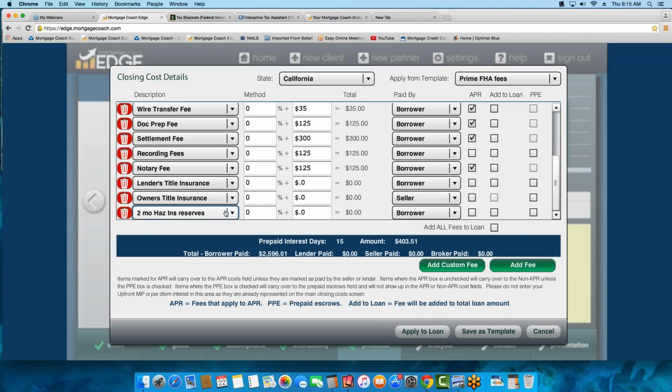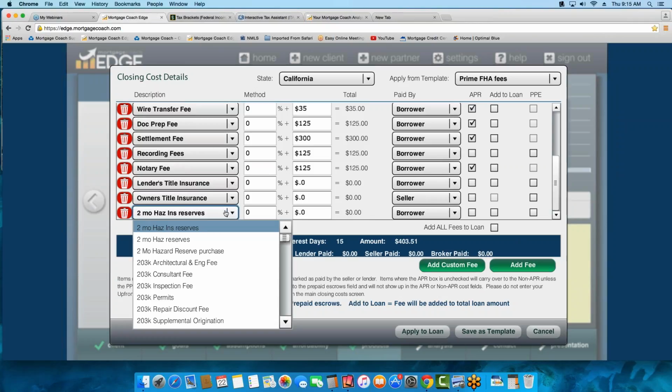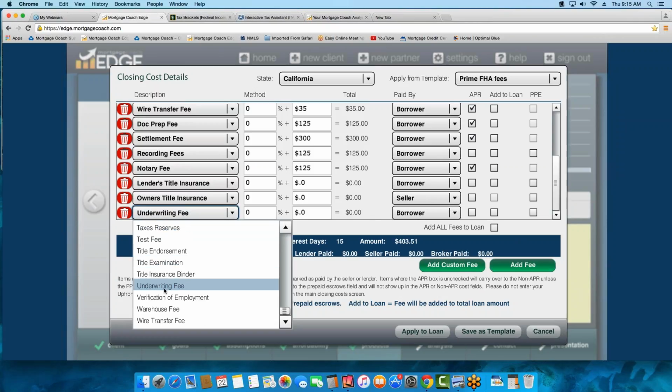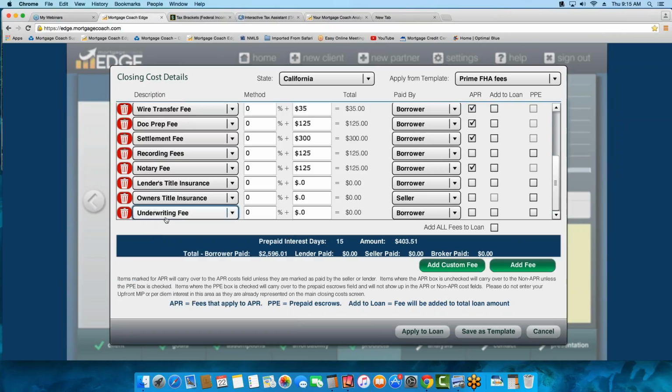Add Fee. You'll see in the drop-down, you'd be able to say I want underwriting, so I'm typing the letter U. It drops me to the U. I can select my fee, put in the dollar amount, and then mark it as an APR. So that's how you can add an APR fee. I'm going to remove it from my template. And if you have a specific fee that's not listed in that drop-down, you can